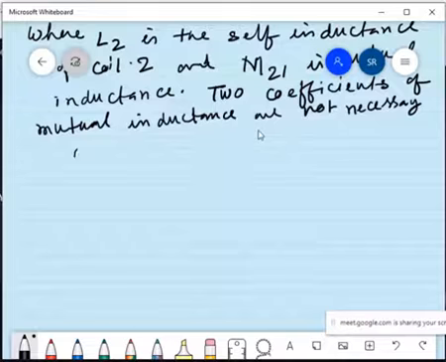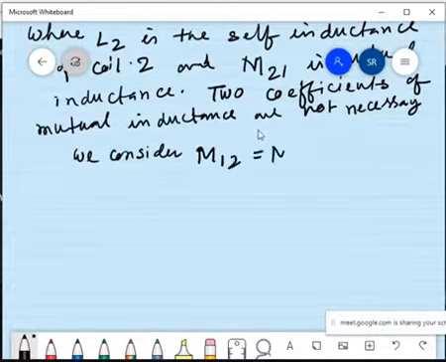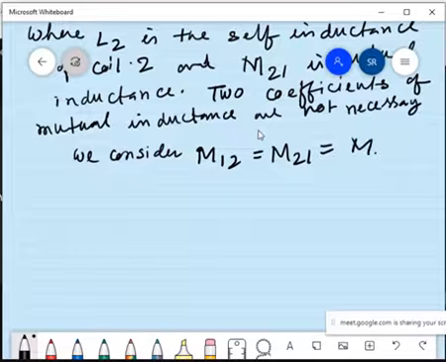We consider M12 is equal to M21 is equal to M. Then we can write